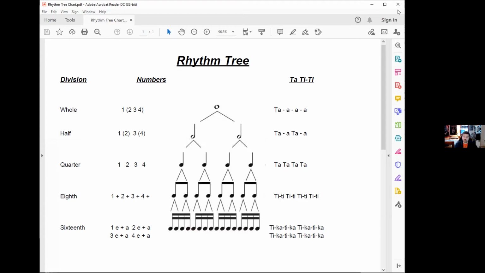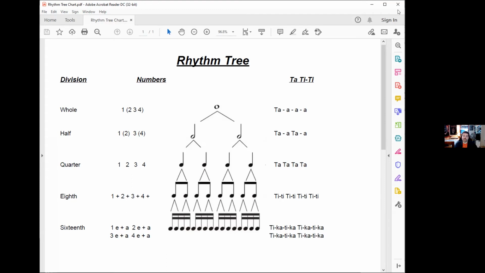Another part that we mentioned was that it builds upon itself for smaller divisions of rhythms. So we don't really change the beat numbers, similar to the way the ta and tt change syllables when it goes from one division to a smaller division. We build upon it by adding to it rather than by changing it altogether, which makes it a lot easier to figure out, oh, these divisions land in the same spot for part of these rhythms as the previous larger rhythm. And it's adjustable for compound time signature counting, which is definitely more on the advanced side, but that allows